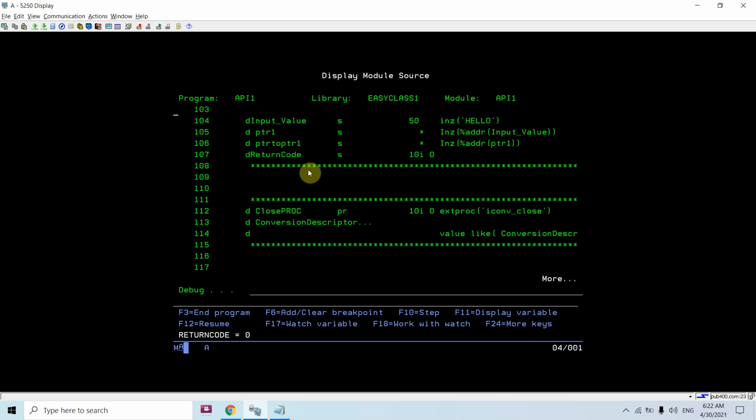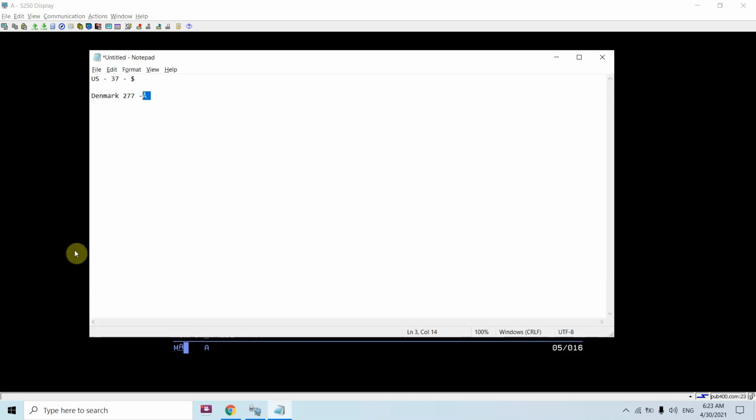So I'll be showing you that we have passed the dollar, but now we are receiving this character. So you can see what I told you, and you can verify this at your end too, that for the US 37 CCS ID the dollar sign would be represented like this, but on the CCS ID 277 which is for Denmark, since the code page is different, this character would basically represent the dollar.